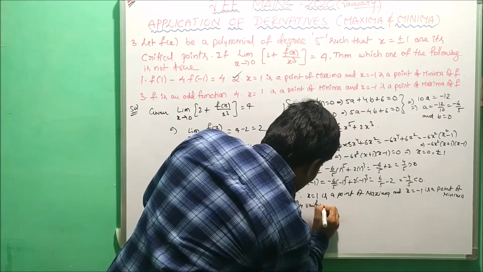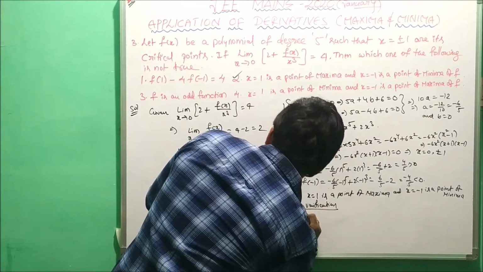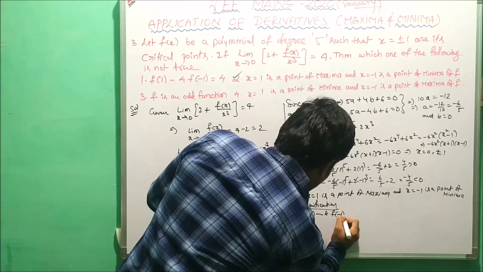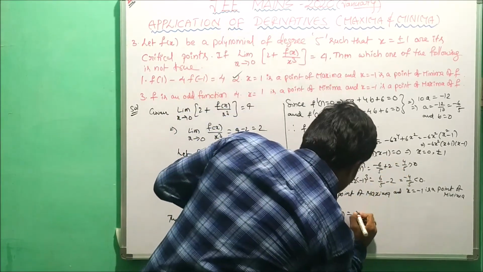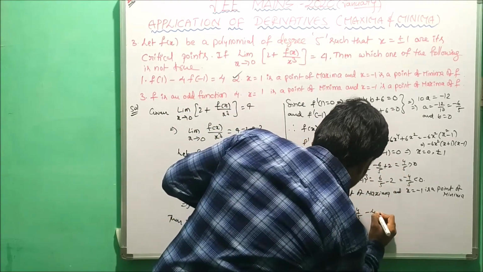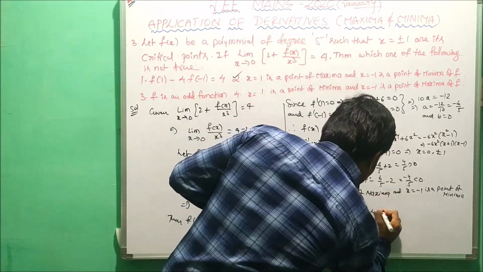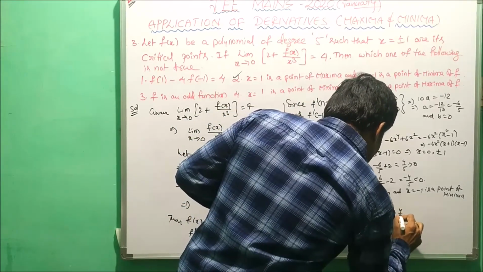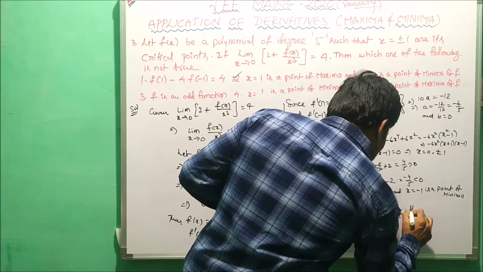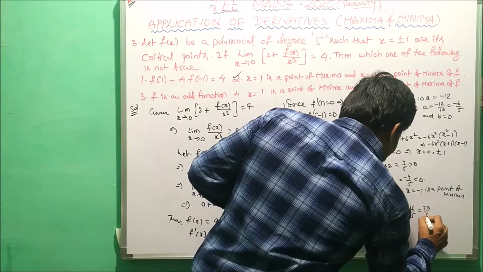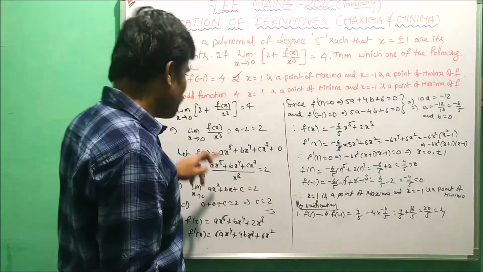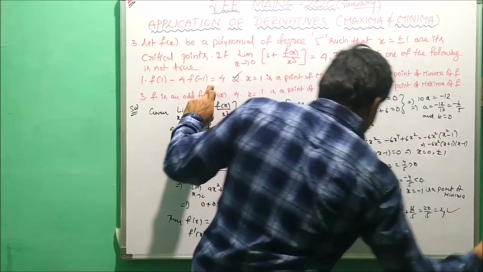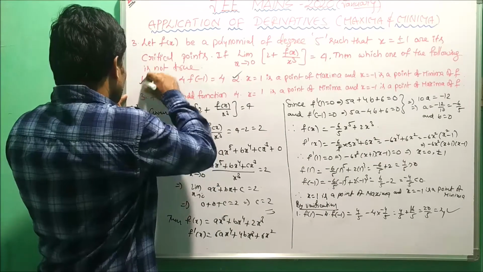By verification, first one is f1 minus 4 into f of minus 1. In this, f1 is already found, that is 4 by 5, minus 4 into f of minus 1, that value is minus 4 by 5. Now in this, 4 by 5 plus 16 by 5, that is 20 by 5, which equals 4. Now f1 minus 4 into f of minus 1, that value is already 4. Already we get the value is 4. So first option is also the right answer.